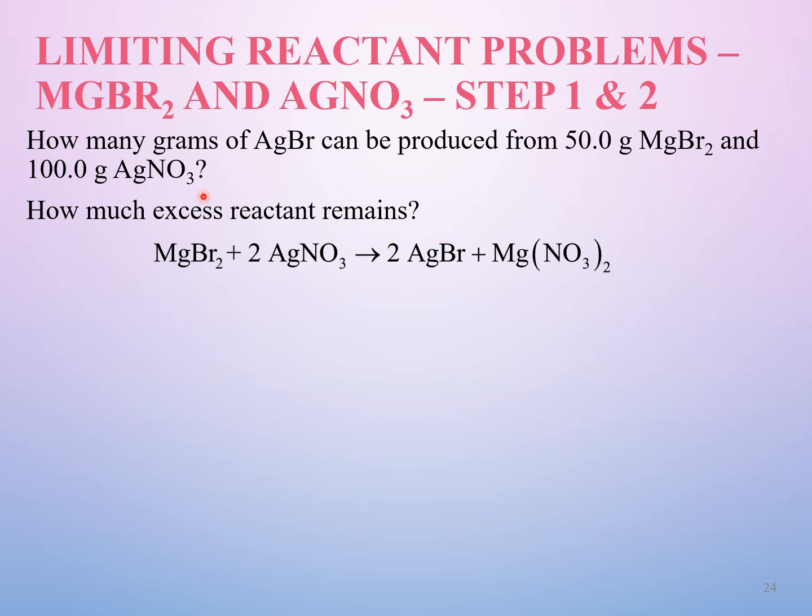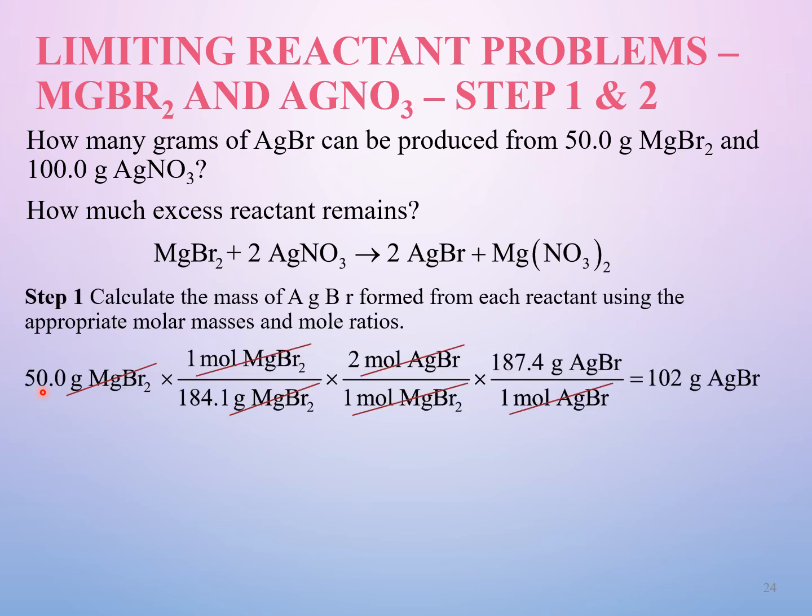You repeat the same process. 100 grams of silver nitrate here, you turn it to moles by using the molar mass, and then you do the mole ratio, 2 moles of silver nitrate to 2 moles of AgBr. And then once you get the moles of AgBr, convert it to grams here. So then you can find which one is the limiting and which one is going to give you the maximum AgBr that you